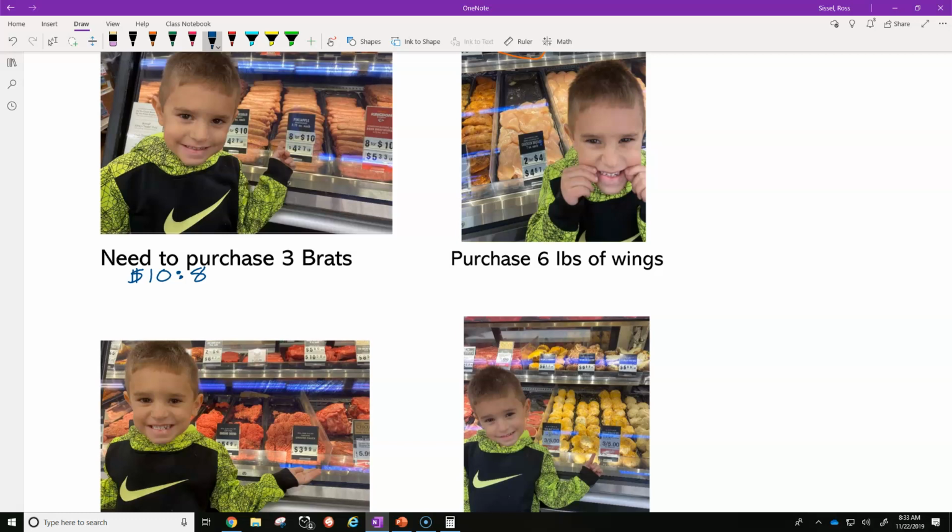Remember, what do I want to find? I want to find 1 brat. So if that 1 wants to be my unit, it needs to be the second term in the ratio. Okay? So I would have 10 to 8, and then I would do 10 divided by 8. And if we use our calculator,